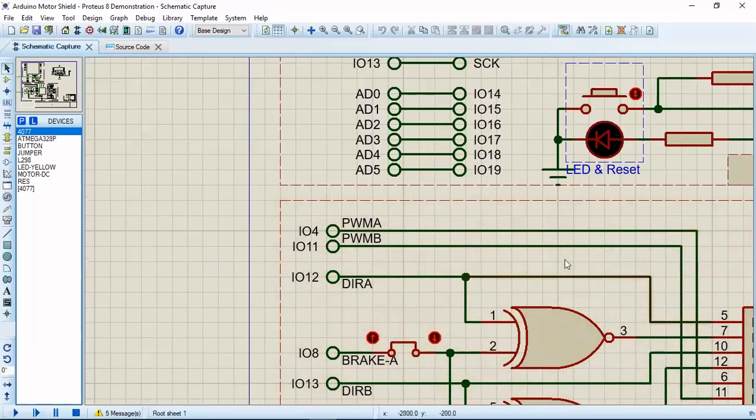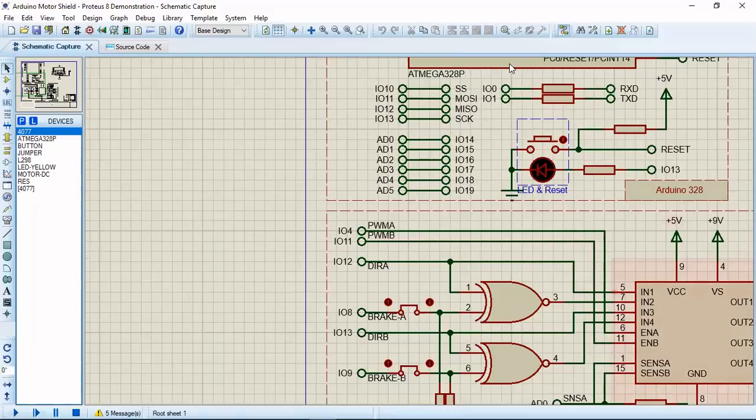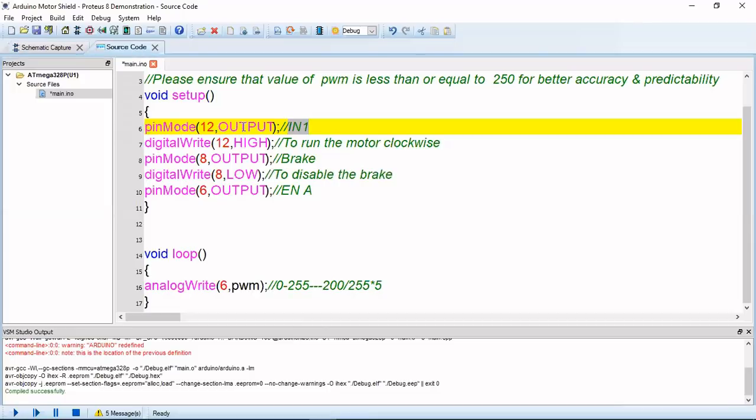If it is 1, then it will make the motor run in the clockwise direction. If it is 0, then it will make the motor run anti-clockwise. We have made it high to run it in the clockwise direction, and the 8th pin is set as output, which is the brake pin, and we have made it low because we want to disable the brake.